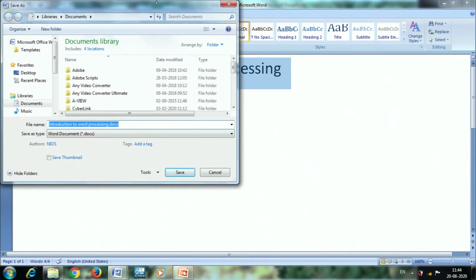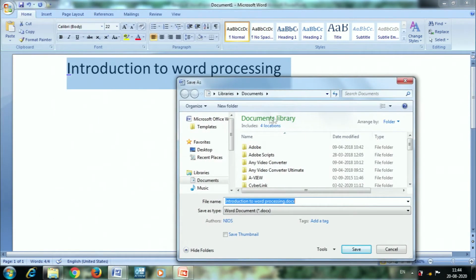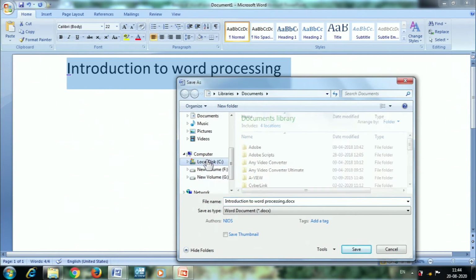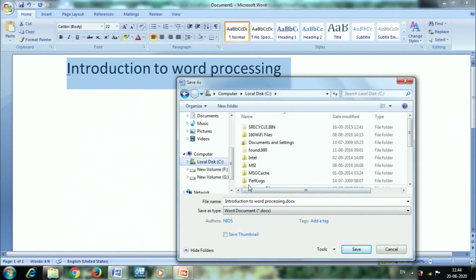a new dialog box will appear. This dialog box is called the save as dialog box. Here I can choose the file name. I can choose the folders. Suppose I want to save my file in my C drive, and suppose I want to store it in a different folder, then I can create the folder.